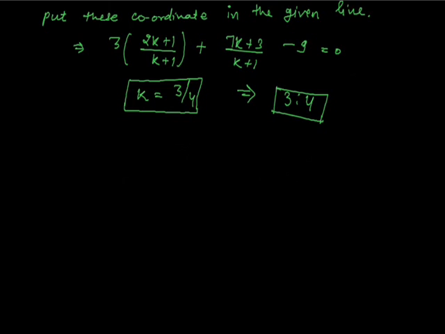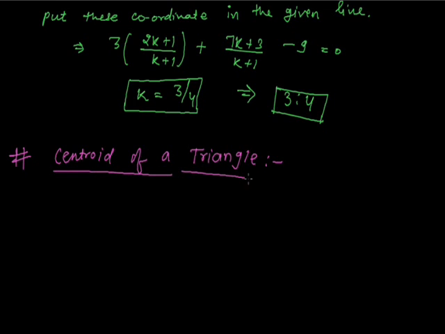Then let's proceed ahead. We will discuss certain important points like what are the centroids, incenters, circumcenters, which are most frequently used in coordinate geometry. So we will discuss one by one. Now we will discuss what is the centroid. Let us consider a triangle ABC